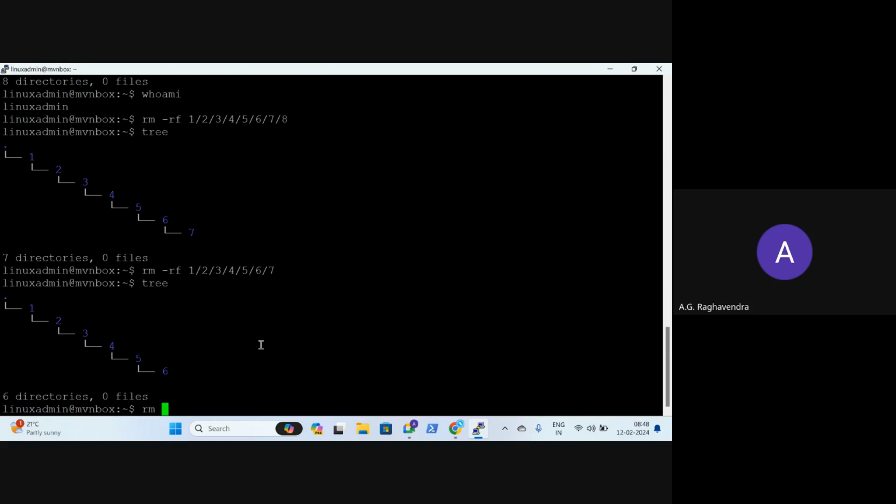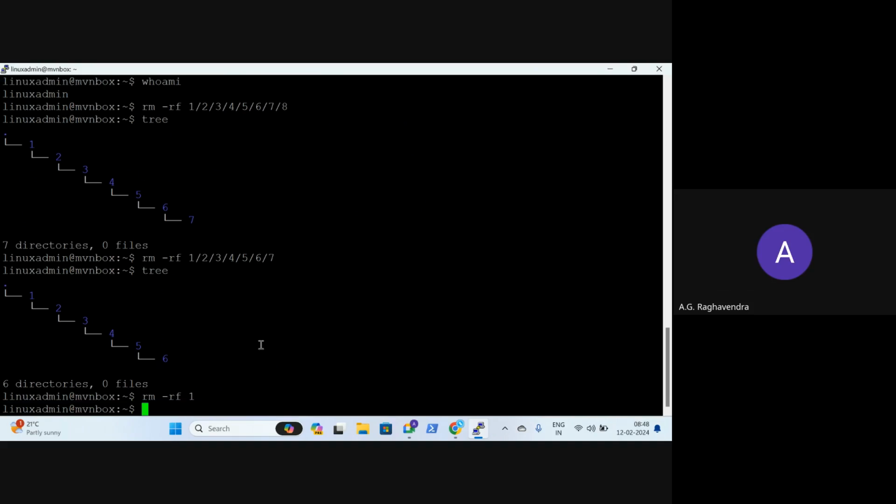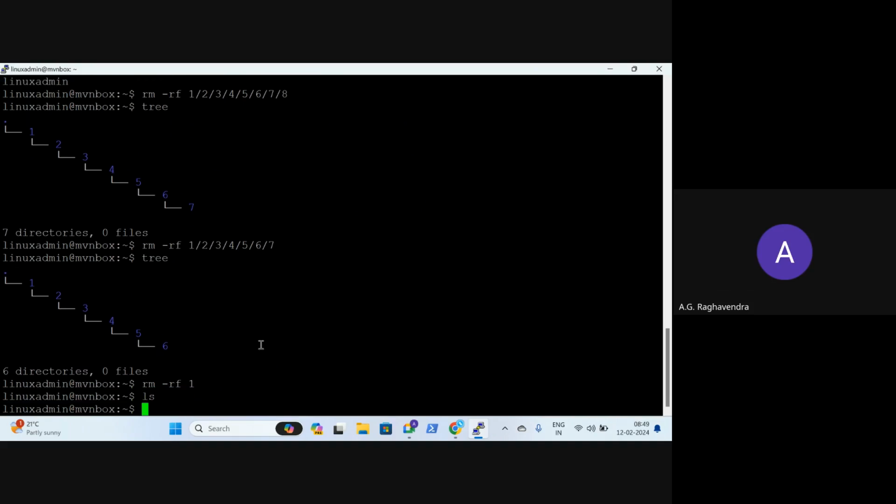Now if I say rm minus rf, now I want to delete from top. So just say 1. Now you see everything is deleted. So please be careful, okay? What we think in our mind is something different to what gets executed, especially when you have a hierarchy of folders.